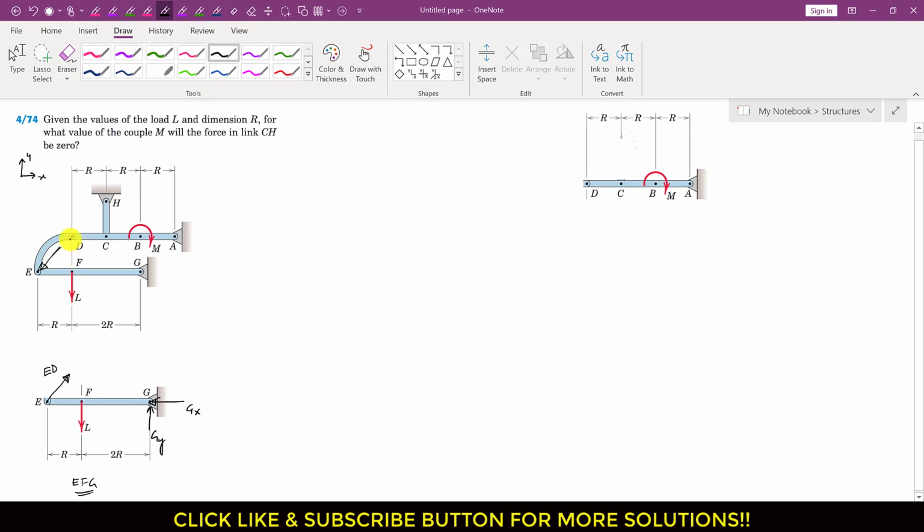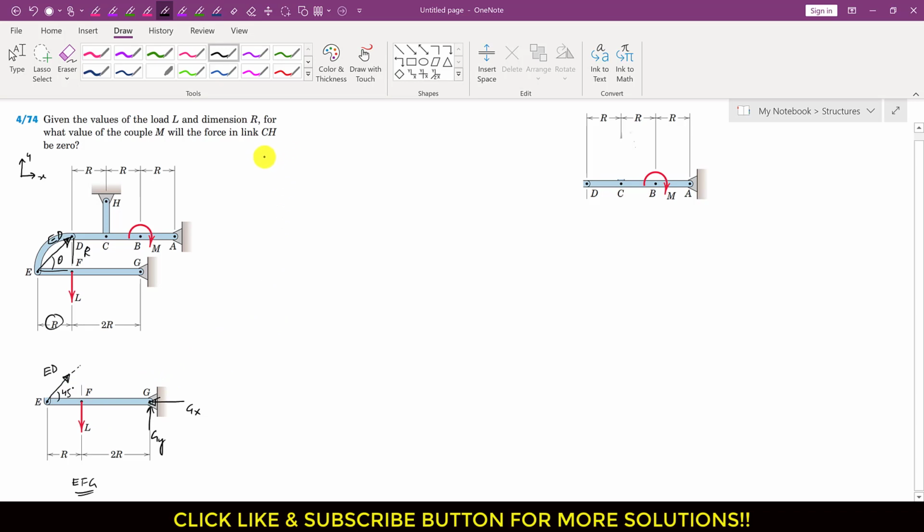And as we can see, if I draw that ED force here like this, since this is a curved member, if this is equal to R, then this length is also equal to R. So we can find this angle theta. Let's say that this angle is theta. If we apply tan theta, R divided by R, it will be 1, and tan inverse of 1 is 45 degrees. So this means that this ED force is making 45 degrees with the horizontal.